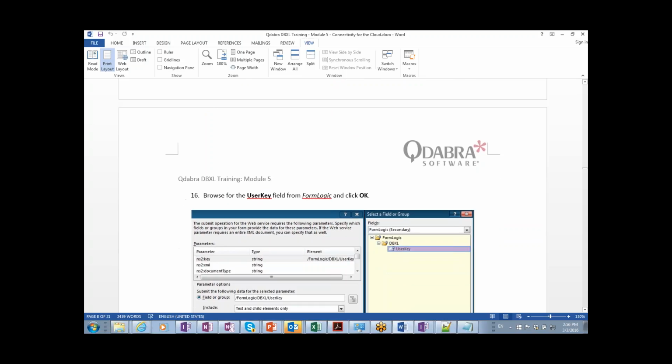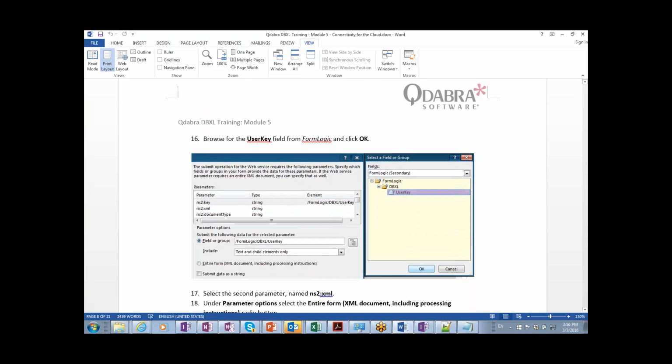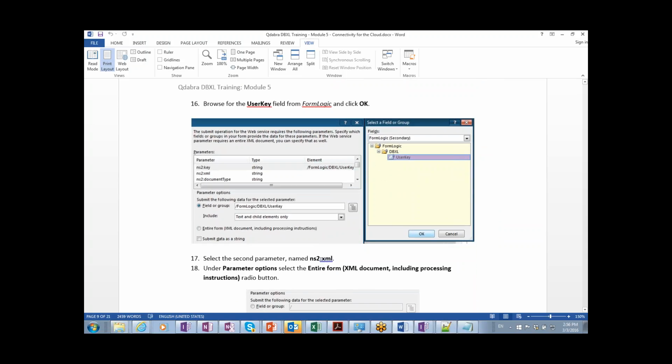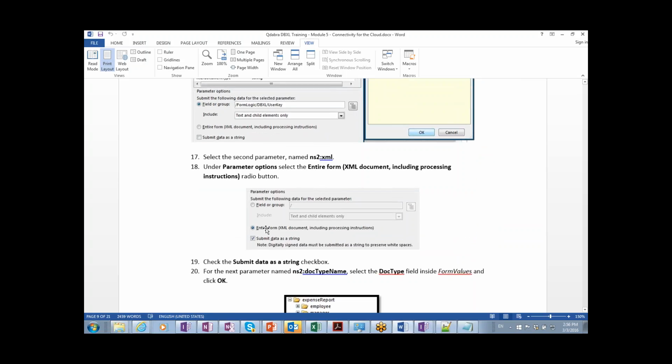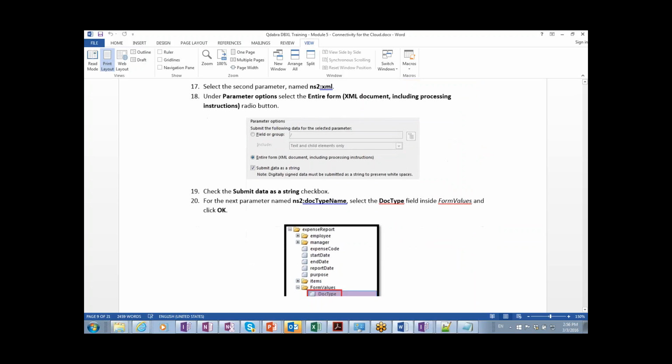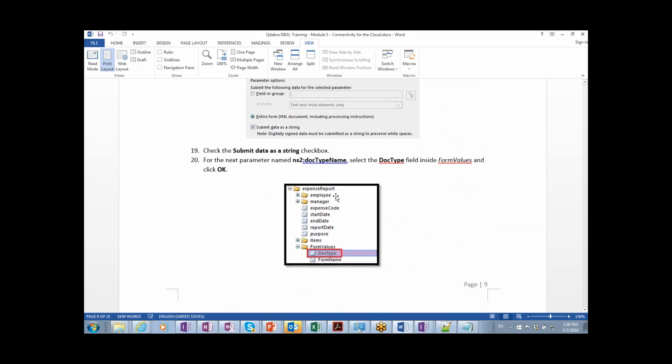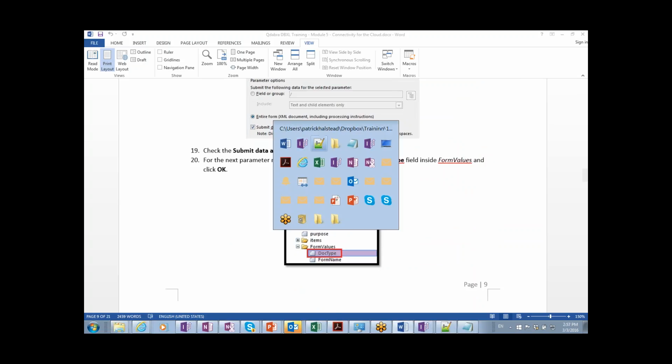You'll need to authenticate to get there, obviously. You'll need to give it a valid key just to get to it. And then you'll want to make sure that you are submitting the entire form XML, just like you do with your submit document. It's the same idea. And then you'll want to make sure you're submitting the correct doc type. So the doc type is stored in